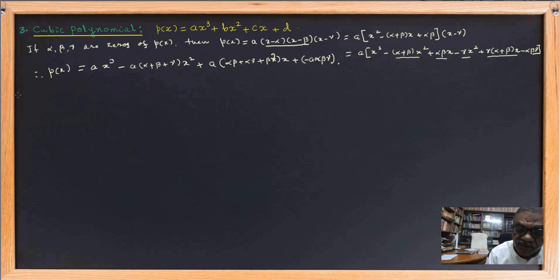Compare the coefficients of p(x) in this form with the standard form, that is ax cube, comparing the coefficients of x square, x and the constant term, we get